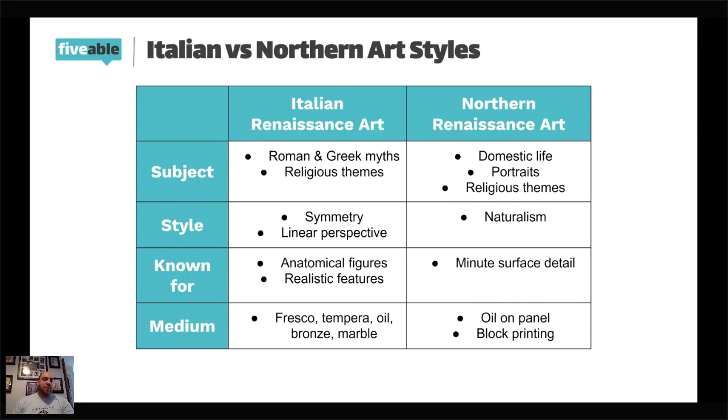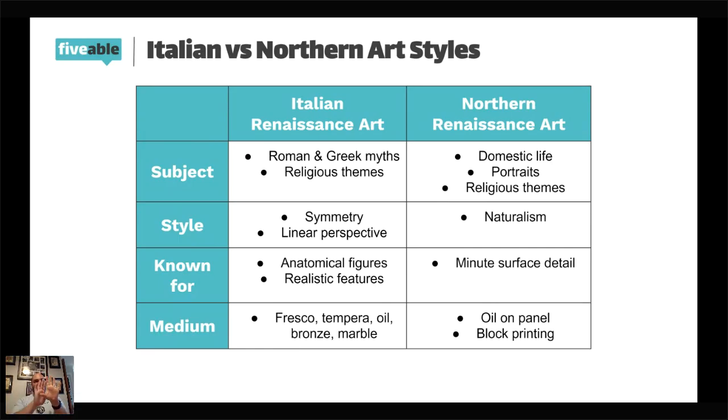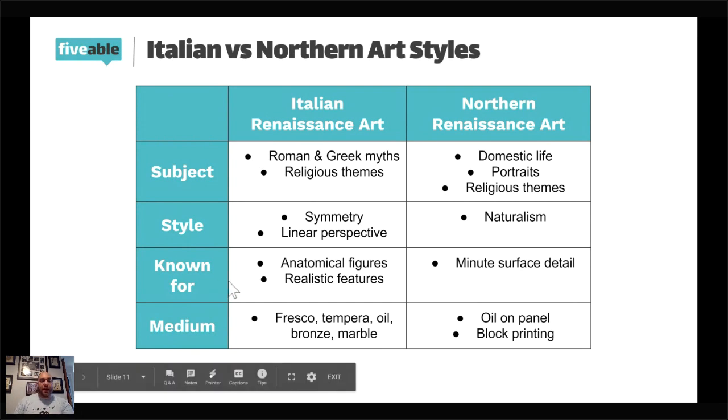For the medium, when we talk about medium, we're saying how did they paint or how did they create art? For the Italian Renaissance, they had frescoes. Now, fresco is where you have wet plaster, you paint on top of it, and you let it dry. Okay, so Da Vinci's The Last Supper is a fresco. Tempera paint, oil paint. They also used a lot of bronze and marble, which is very unique to the Italian